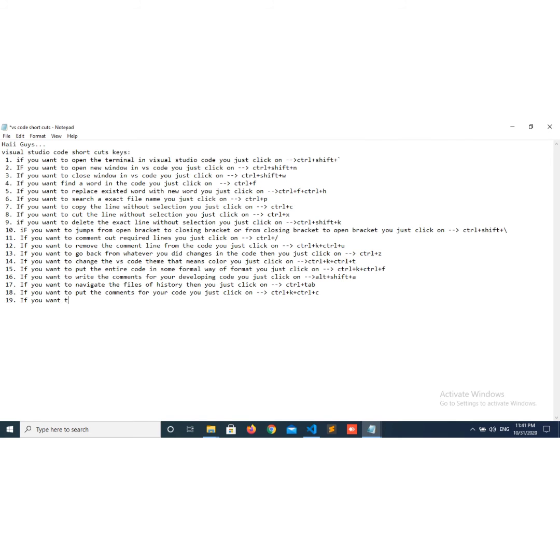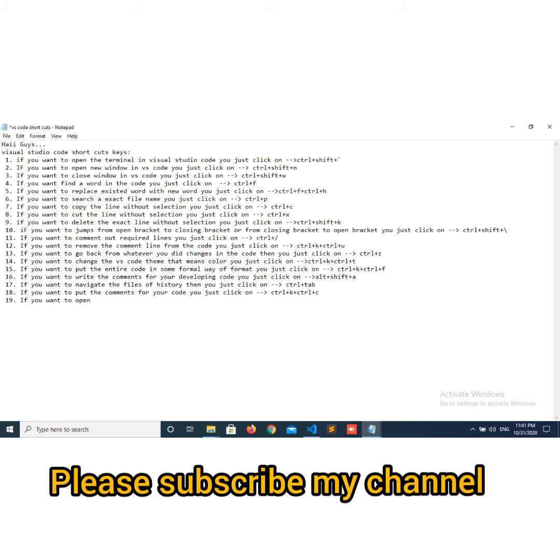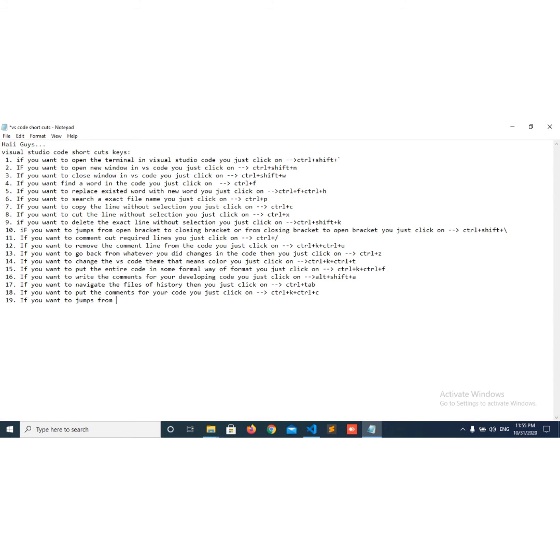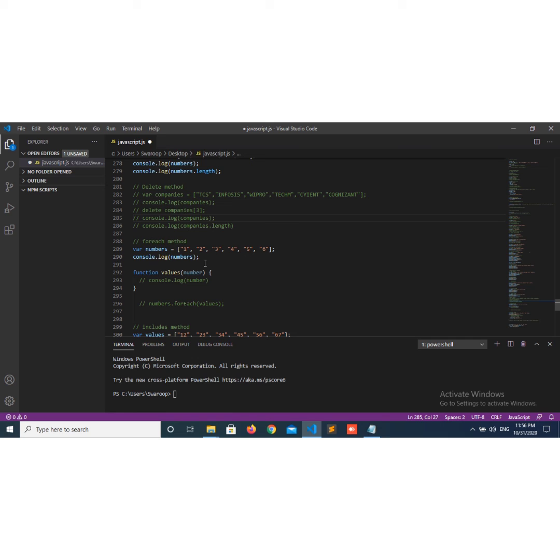If you want to jump from your cursor point to a required line, then you just click on Control plus G. Let's see.